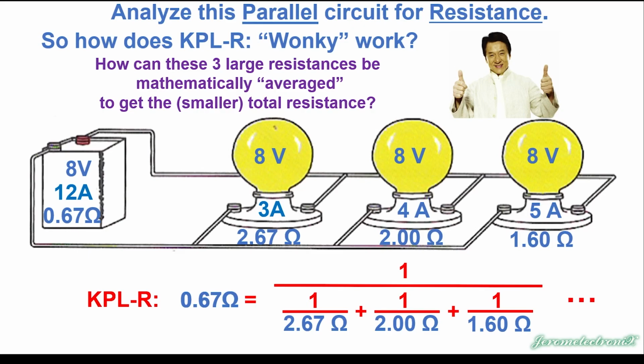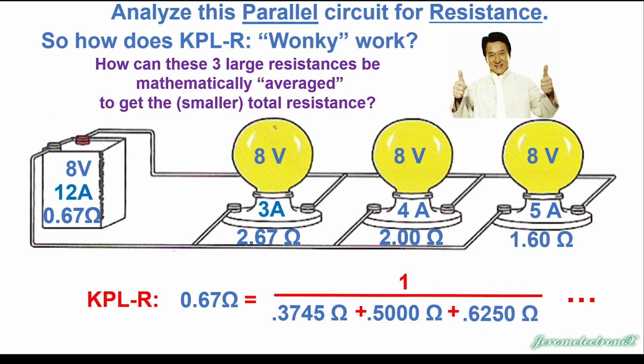1 divided by 2.67 ohms is 0.3745 ohms. You can actually validate whether or not I'm doing this right on your calculators. 1 divided by 2 ohms happens to be half an ohm, 0.5000 ohms. 1 divided by 1.6 ohms is